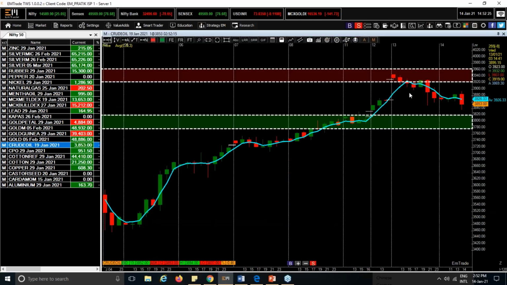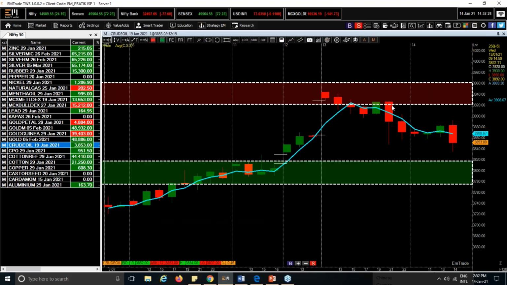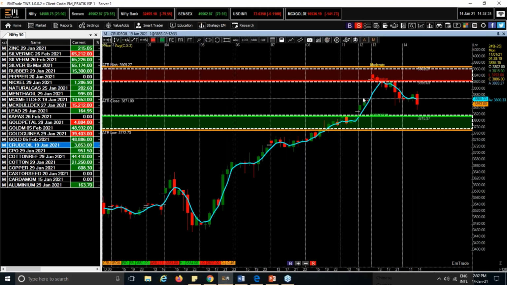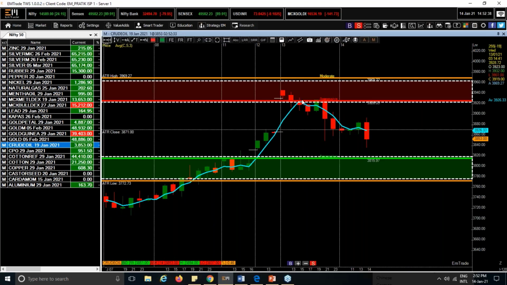For crude also we check in a similar way. What happened in the crude? If you just check these two bands, the upper two bands and the downside two bands for the support. Since yesterday, once your price broke the aggressive trading for the short side, your price moved on to the downside only. This is the 120-minute time frame chart.